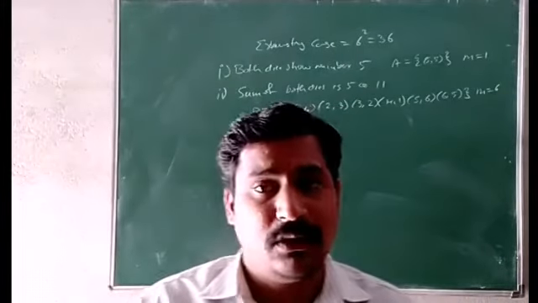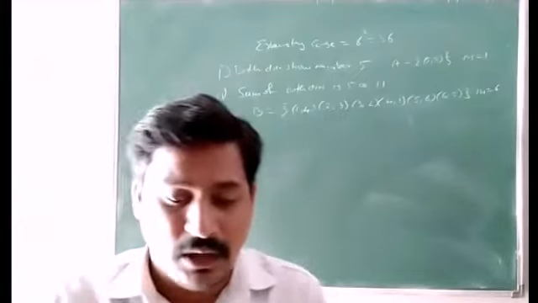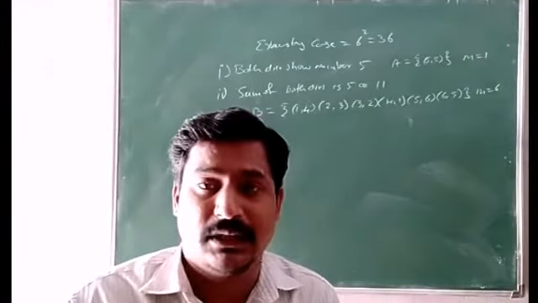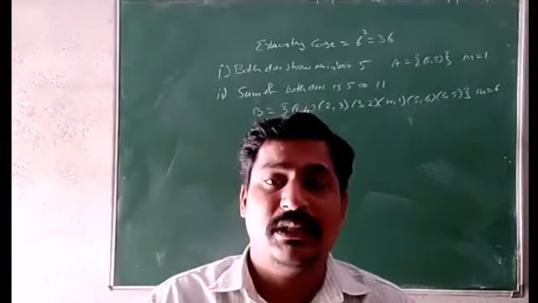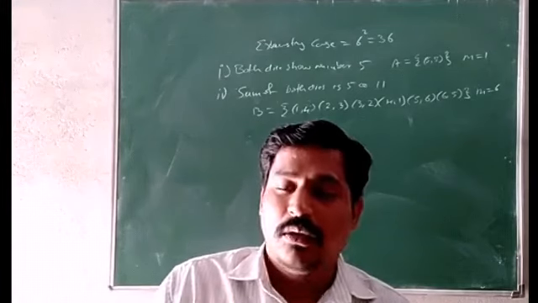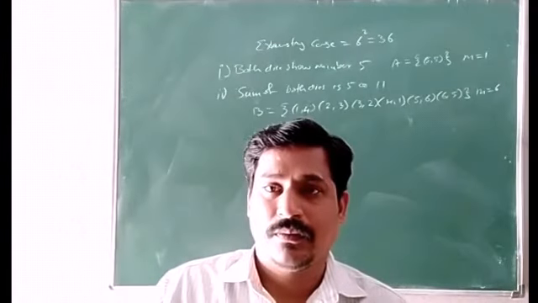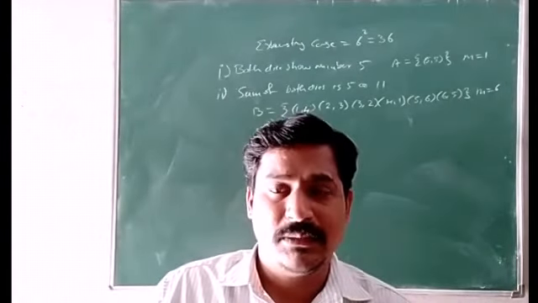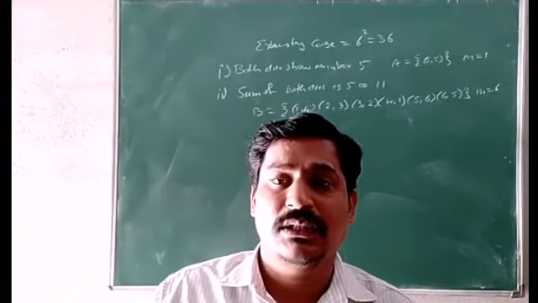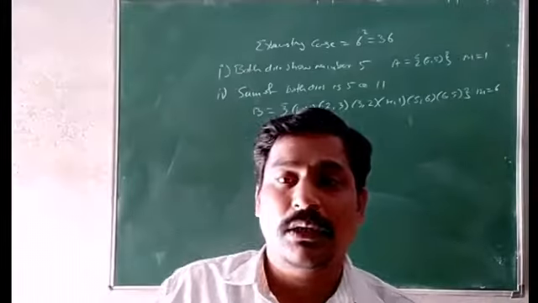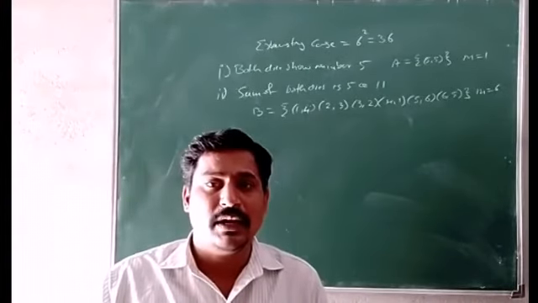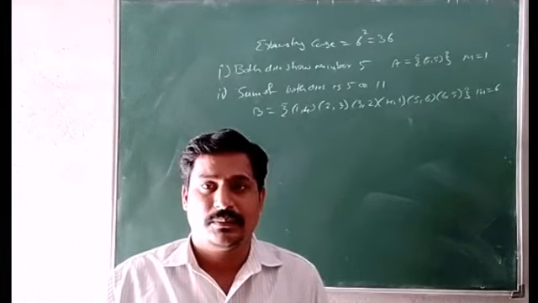I am not showing it here on the board. And the last question is the product of the numbers obtained is 36. So the product of both numbers is 36. Product means what here? Multiplication. So 36. If the product should be 36, it means both dice turn up number 6. 6 into 6, 36. There is no other option. So the probability of the last event is 1 divided by 36.